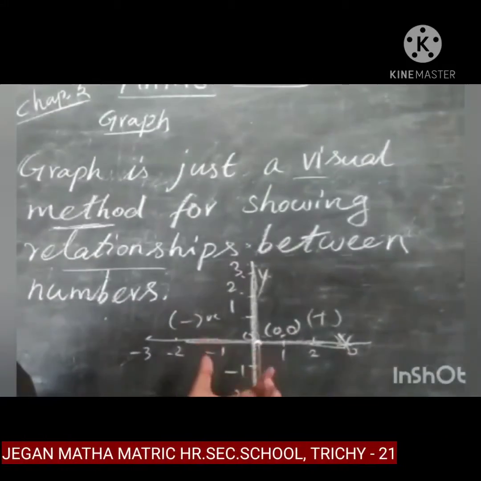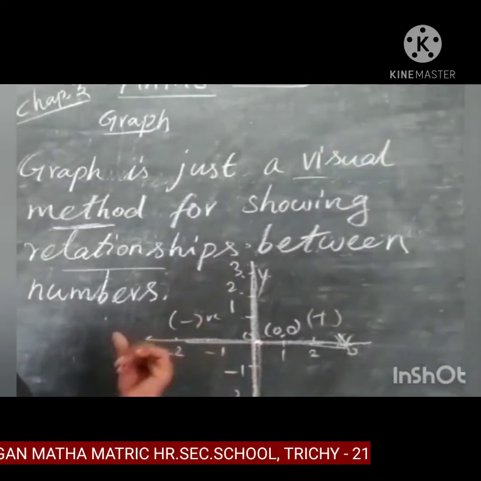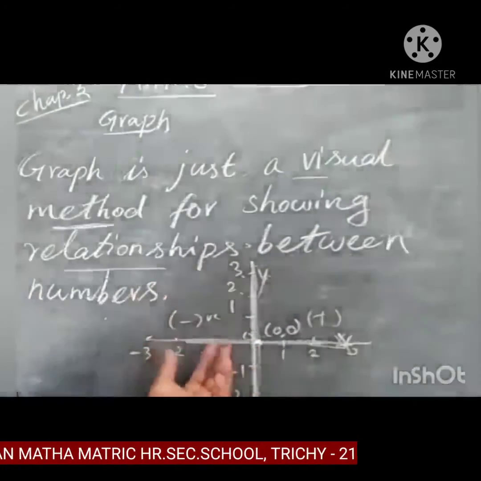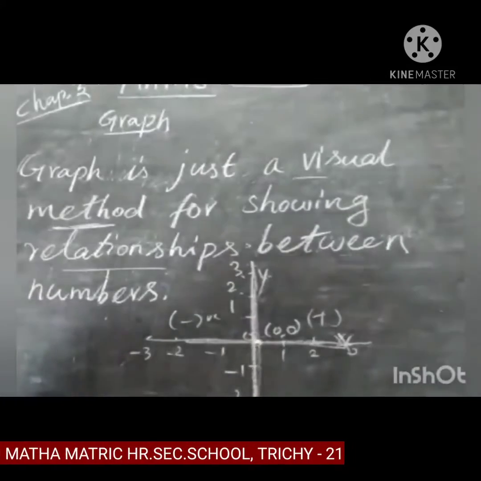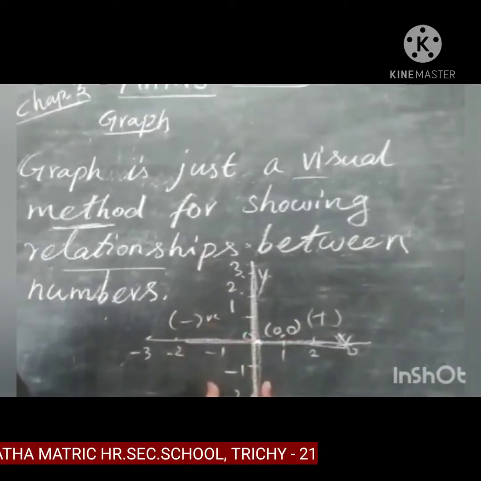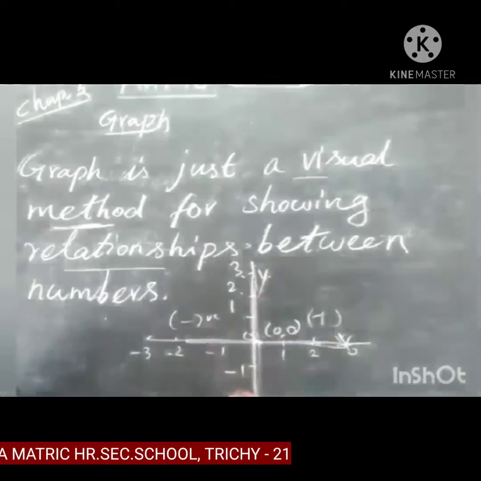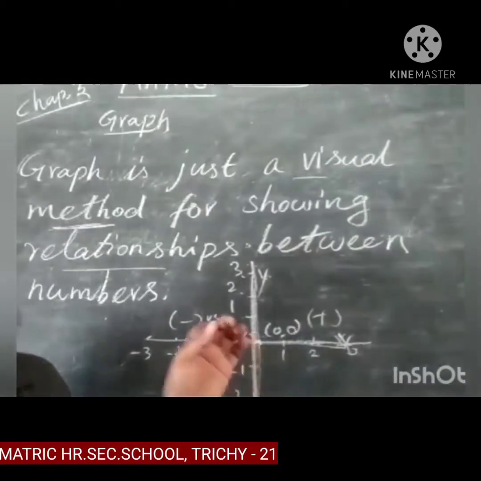This is the formation. The first work is to draw the x and y axes. After that you mark all the numbers. You can write all the numbers, positive and negative, including 0, the integers, everything you can mark on that line. After that only can you mark the given points.